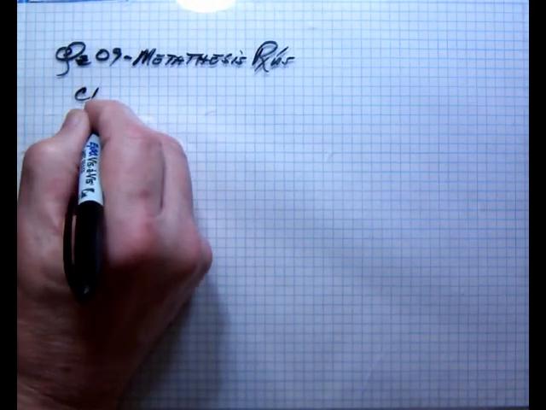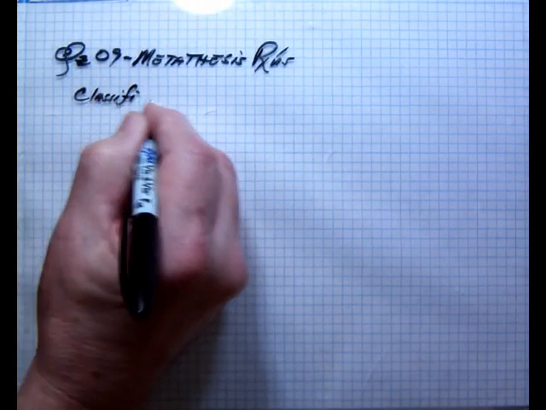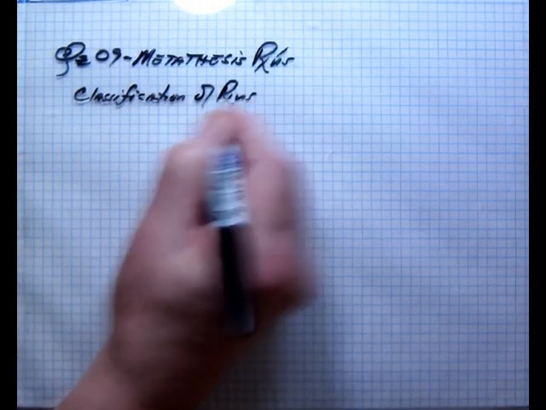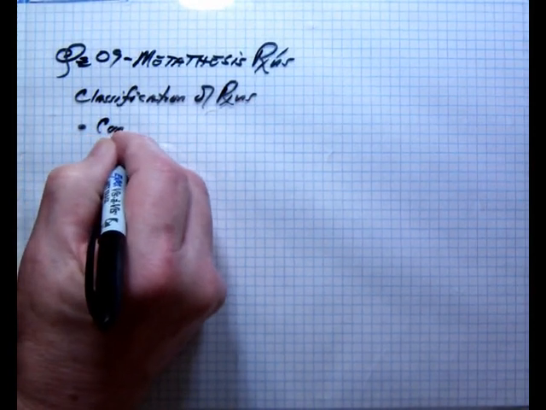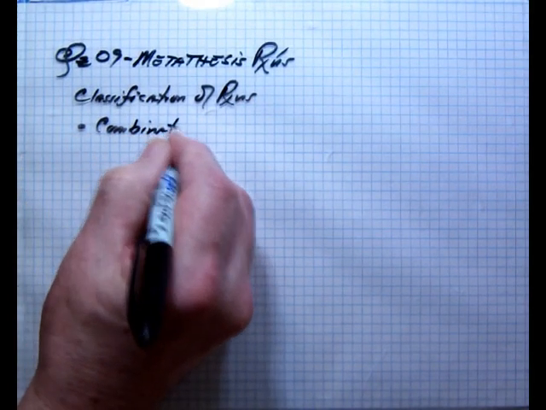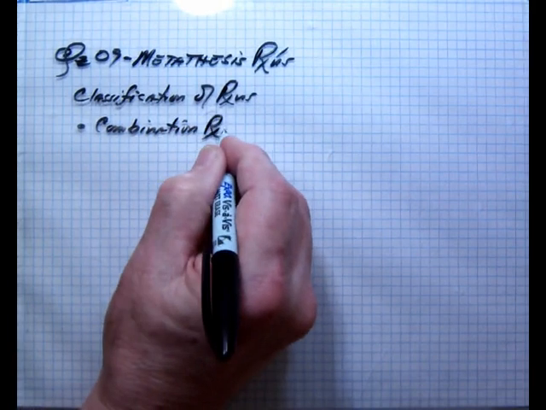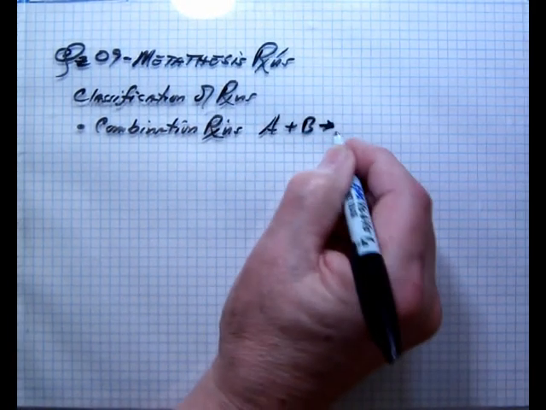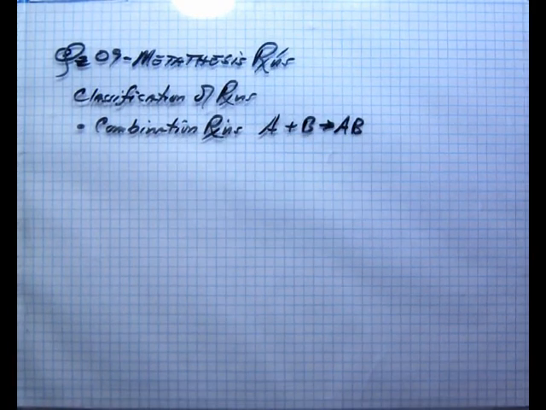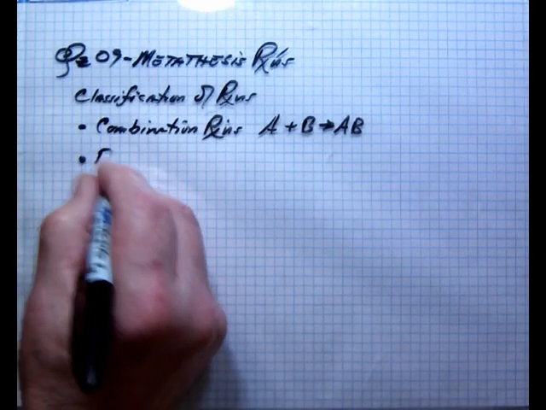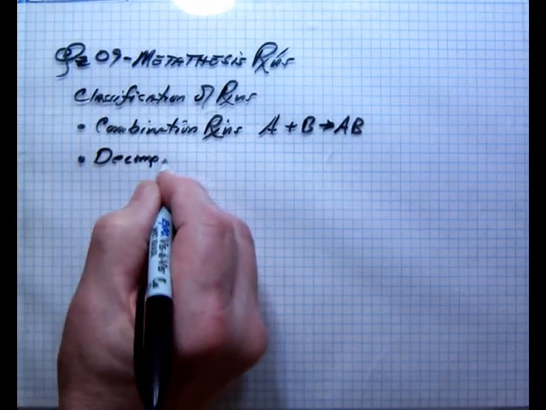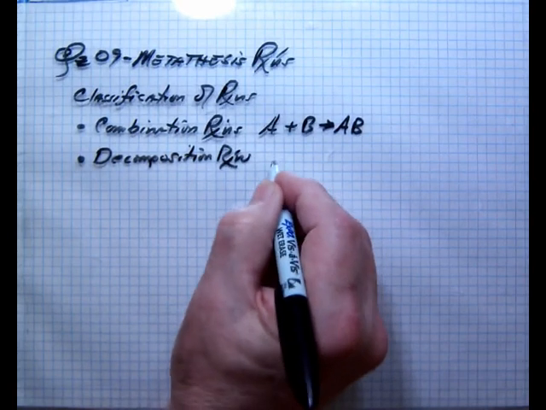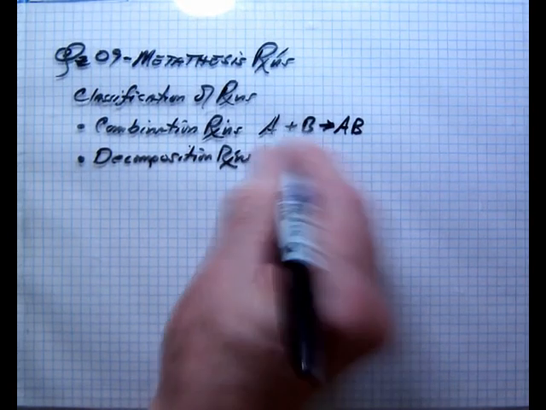Just to review, combination, simply A plus B goes to AB. Decomposition, where it is the reverse of the combination,